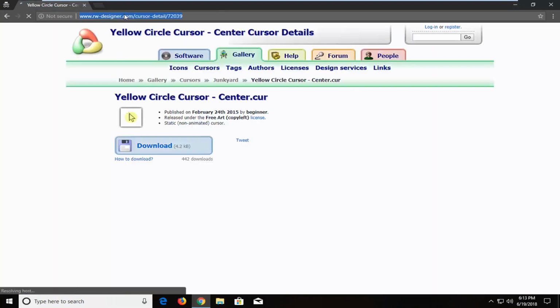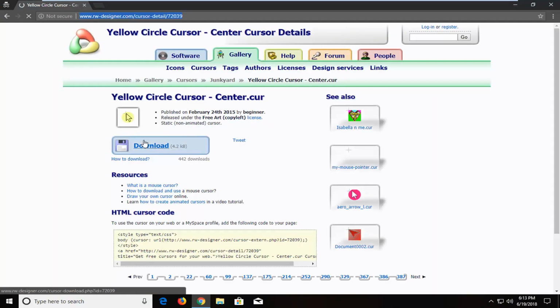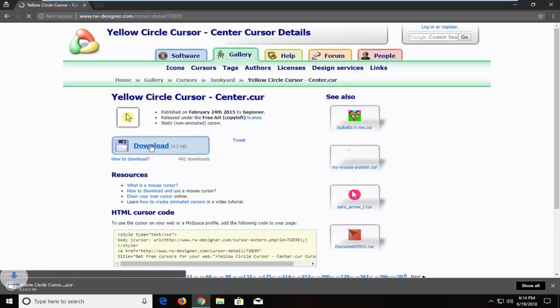I'm going to have a link in the description of the video to this website here, and you want to select the download button near the middle of the page. It is a completely safe file at the time of this recording. There's nothing weird about it. It's actually a cursor file in here. So if I show all,